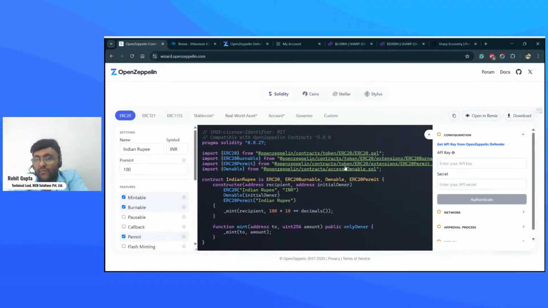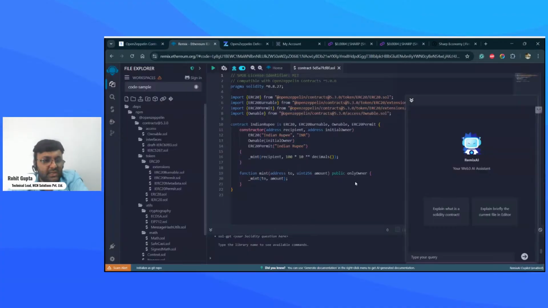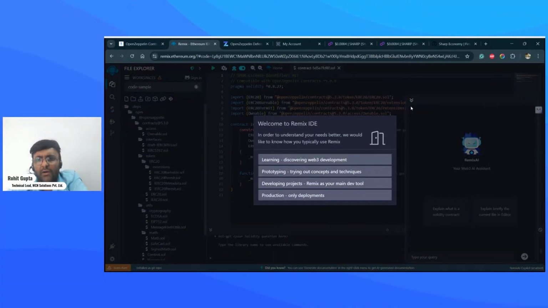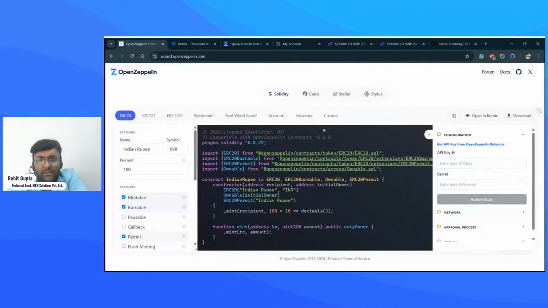So yes, moving on. Just to show you how Remix looks like, see, this is how Remix looks like, guys. You're able to see it. Here you see, I have only one file on my screen.